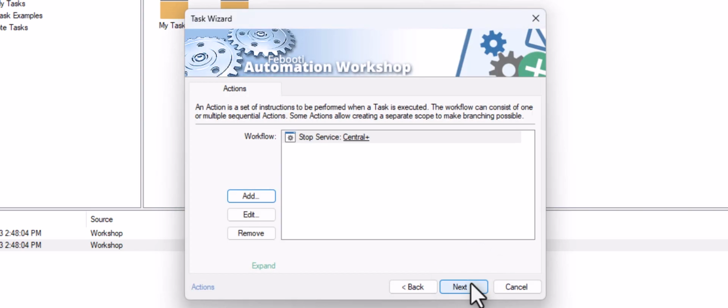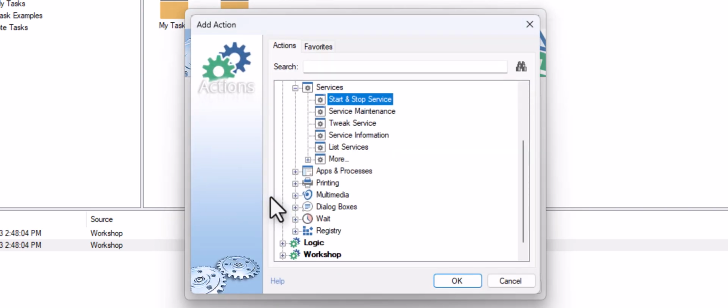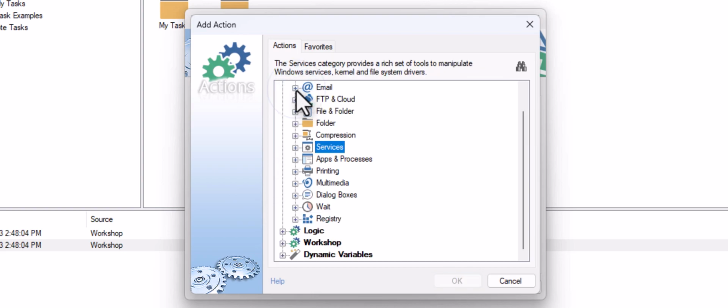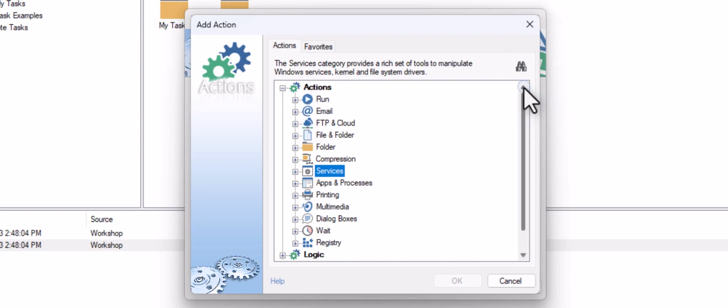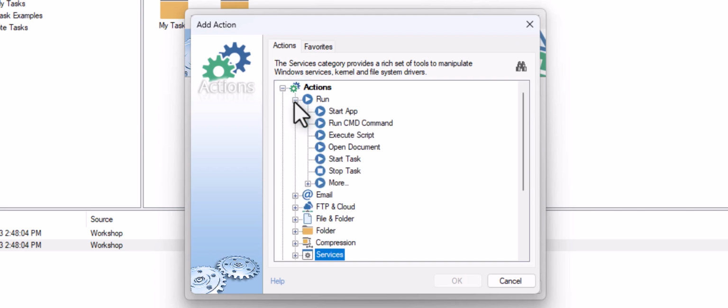After we have stopped the service, I need to run a maintenance task. Let's add another action. Let me collapse the Services section to find the Run category. I have a batch script that performs backup and maintenance of our app.